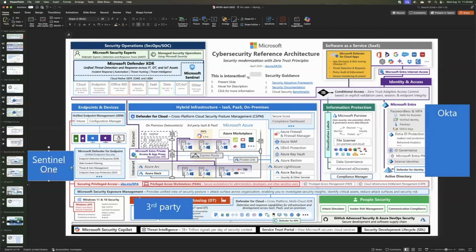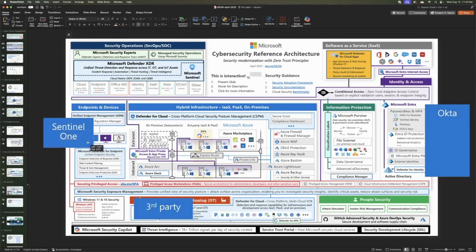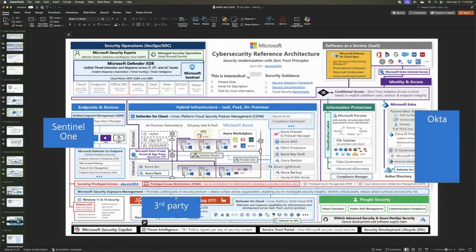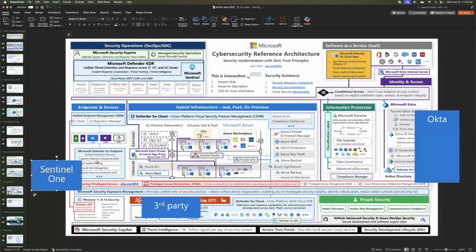And then the other part, I used to have this conversation all the time with partners when I was at Microsoft. What does skill set look like? Now I've got to go hire people that know SentinelOne. That has a cost. I've got to go hire people that know Okta. I've got to go hire people that know the third-party tool. Again, fantastic products, but that comes at a premium. I've got to understand that I have that talent so that when something does happen, they know how to triage these different third-party products. Native Microsoft, it's already integrated. Number one, some of that triage may not even need to happen, but two, if you have a skill set in Microsoft security, then you're covered. So there's a lot to consider.